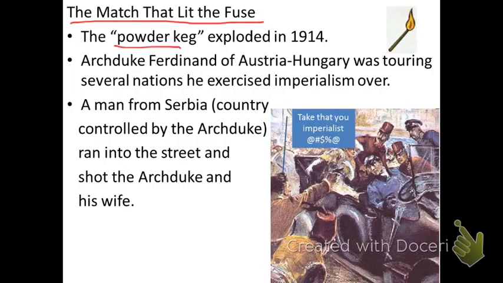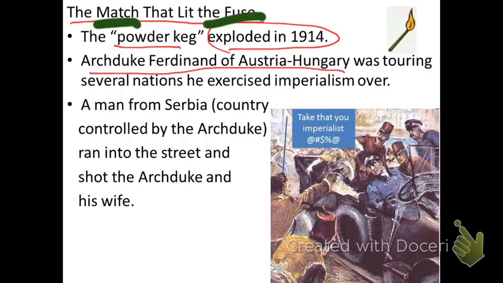And so that powder keg exploded in 1914. The event that was the spark, the match that lit the fuse, was the assassination of the Archduke Franz Ferdinand, a member of the monarchy of Austria-Hungary. He was a member of the royal family, and he and his wife Sophia can be seen here a little bit on the map. He and his wife and several others were